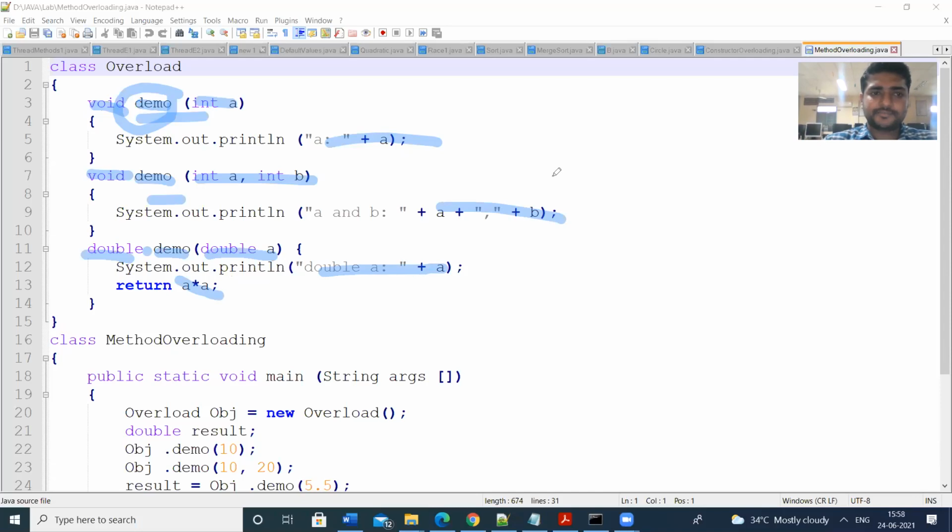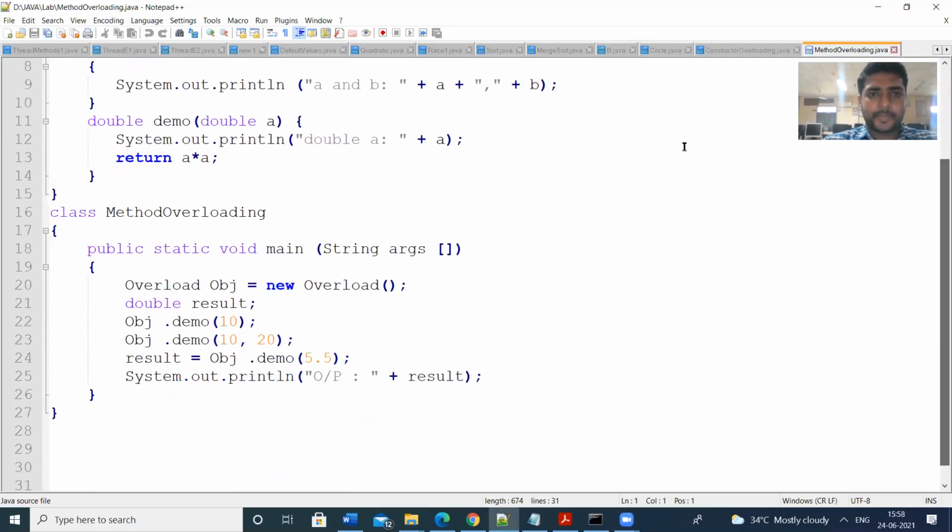So in the main class, this is the main method, and then I am creating an object of class overload, and then I'm declaring a variable result. Then I am using obj.demo.